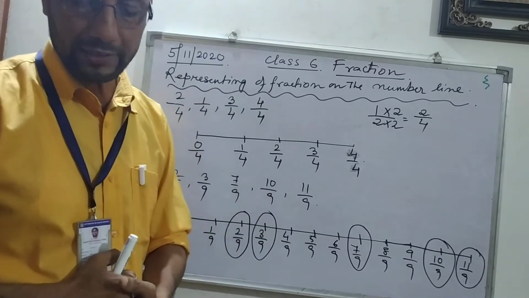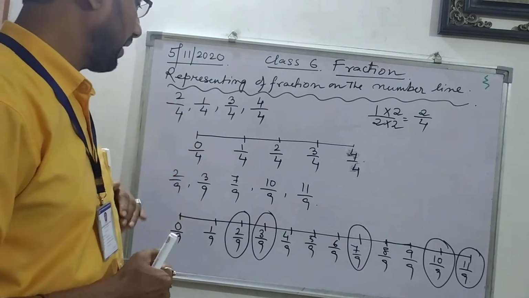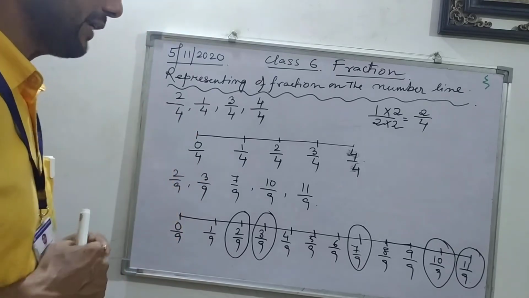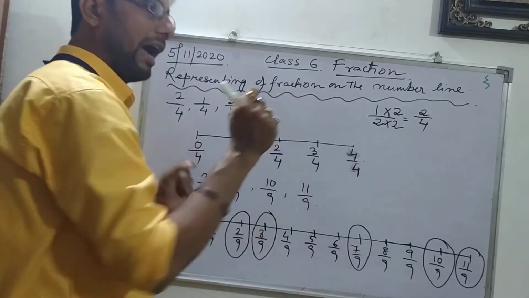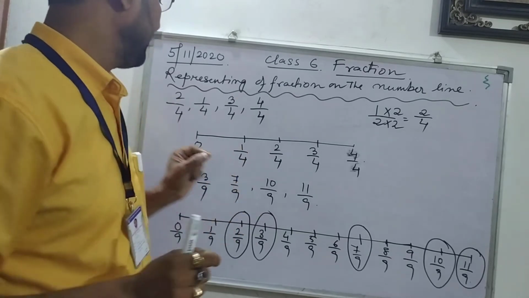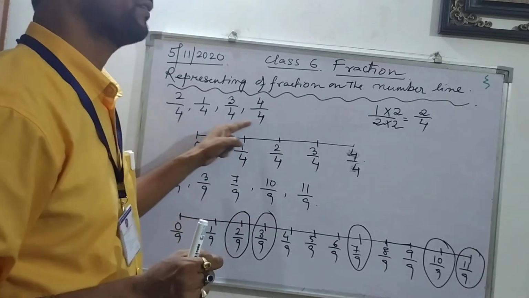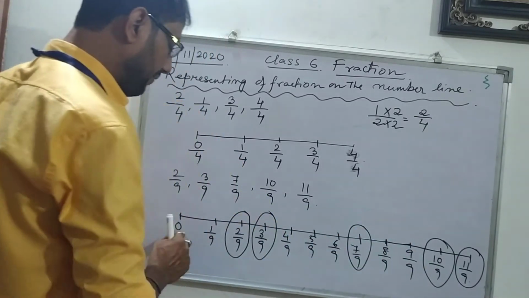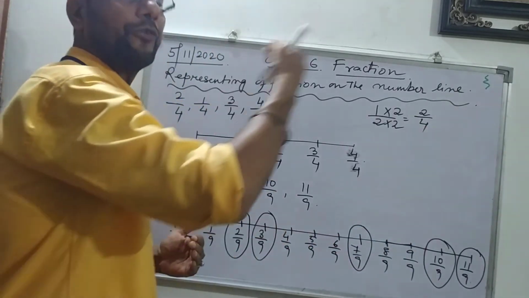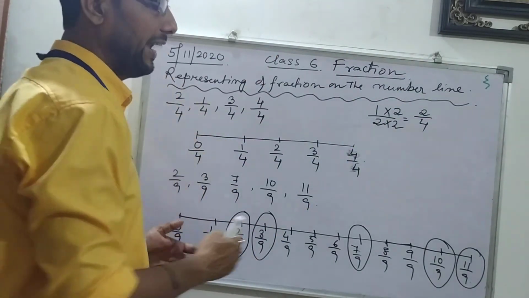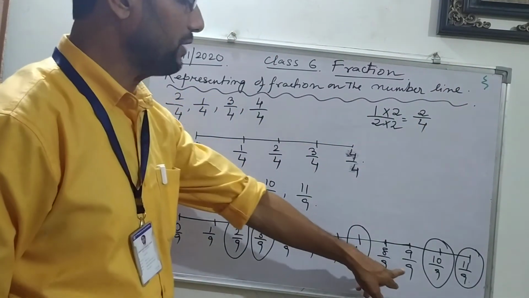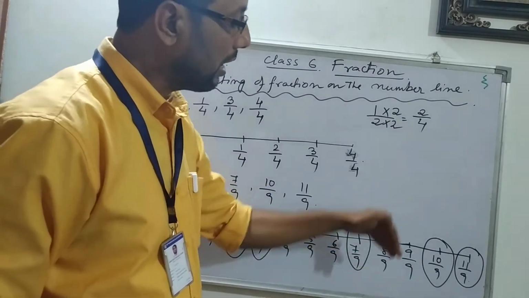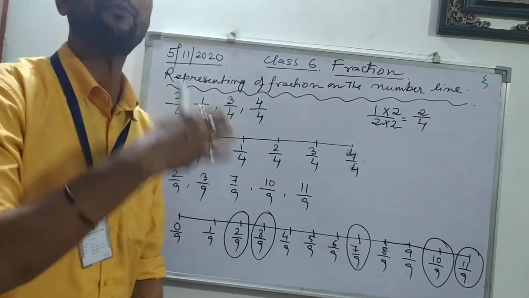But I will take one more example, because these 2 examples I have done, one for 4, another for 9. See, remember, once again I am telling you, in how many parts will I divide this line? It depends upon the denominator. Here the denominator is 9. That's the first part. I'll divide in 9 equal parts. After that you can go ahead of 9 by 9. 9 by 9 means 1. These all are proper fractions. 9 by 9 means 1. So after this we can go ahead. You can keep on going.